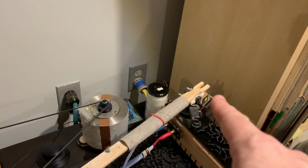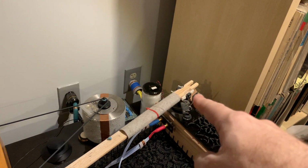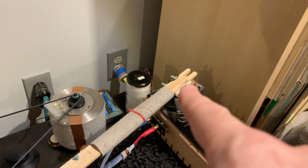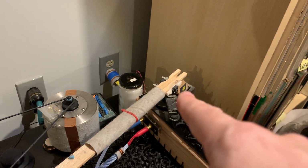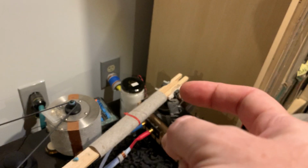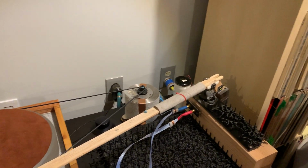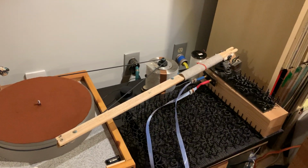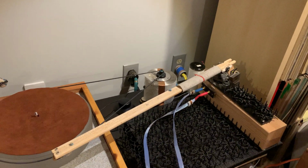So as you see, the arm is not using the bearings of the Lean Basic, but it's using Teflon bearing. So you see there's a piece of Teflon on the side, mounted to the side of the arm, and the arm base is hinging basically on those Teflon sockets, and it has a very smooth frictionless connection, so it's pretty decent, but it doesn't beat my solution that I generally use with my wooden